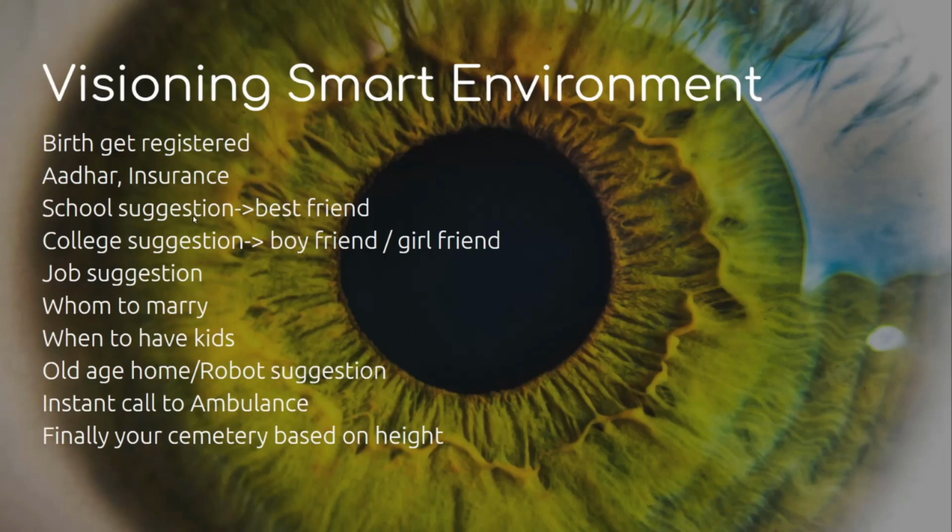Then based on the location, the devices at his home, the parents' data and the hospital's data, they will do the analysis using IoT devices and machine learning. It will suggest a school for him.